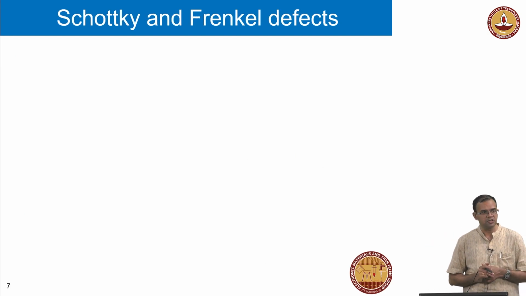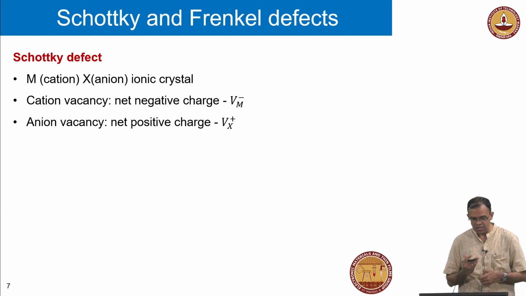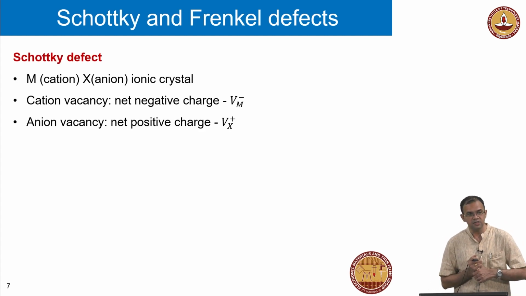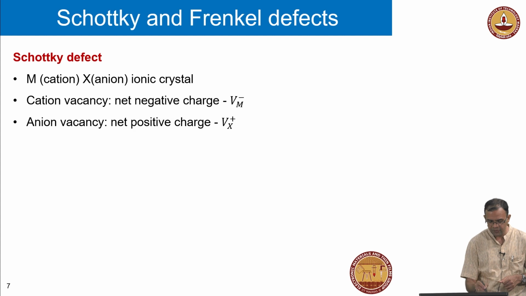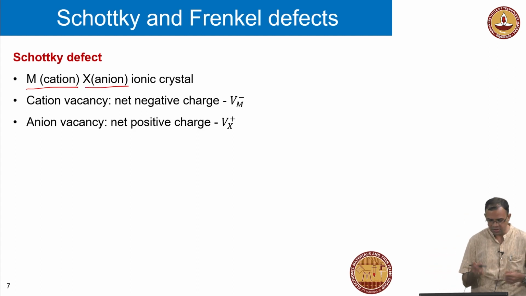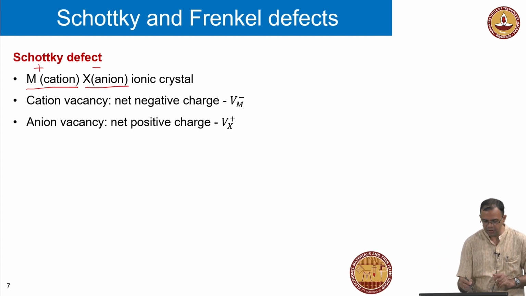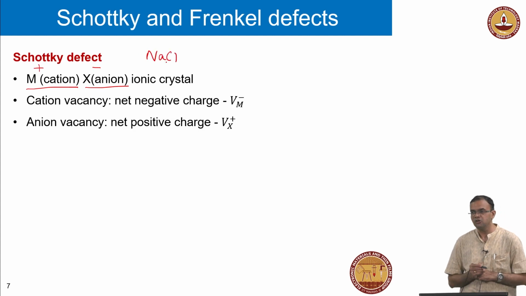So let's look at Schottky and Frenkel defects in slightly more detail. This is what I was saying in the previous slide. I have M, which is the cation, and X is the anion. So I have MX, and just to make life simple we will put this as plus and this as negative. The most common example, if you want to think about it, is NaCl. We know that I have a sodium ion, so Na plus,